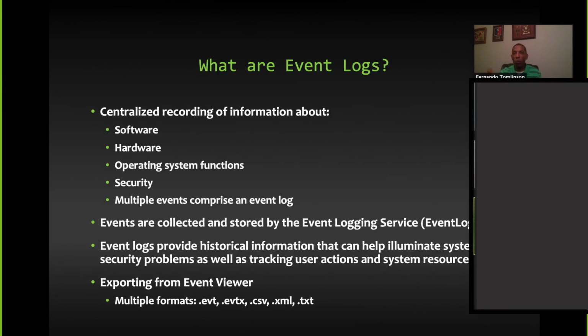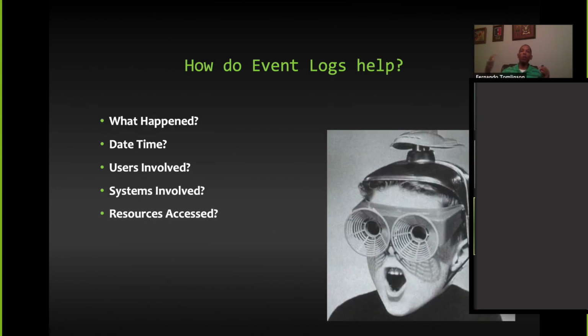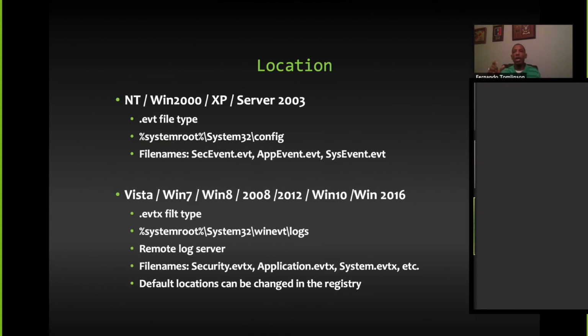All right, I'm going to skip through a little bit here. I'm talking about event logs, and event logs help us with things like what happened, when did it happen, what users were involved, all these resources of sorts. From an older version Windows perspective, they were .evt files, and we see they're located in System32 config, along with the registry keys. In modern versions, Vista and newer, we notice now they're in winevt logs, and the extension has changed just slightly. If we want them to be stored somewhere else, we can change this data where? You guessed it, in the registry.